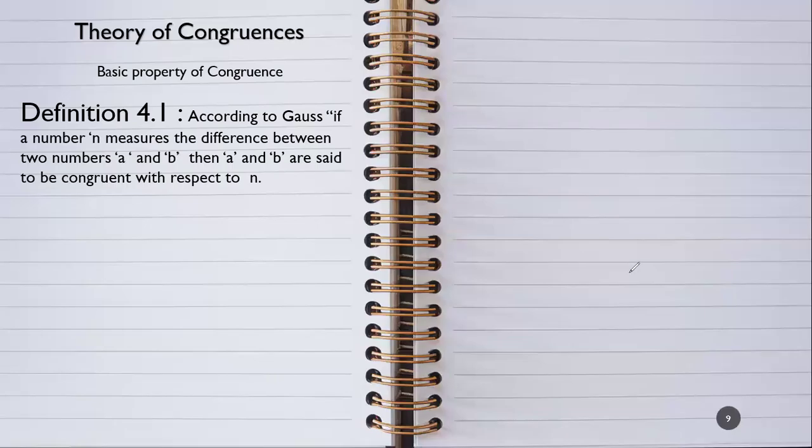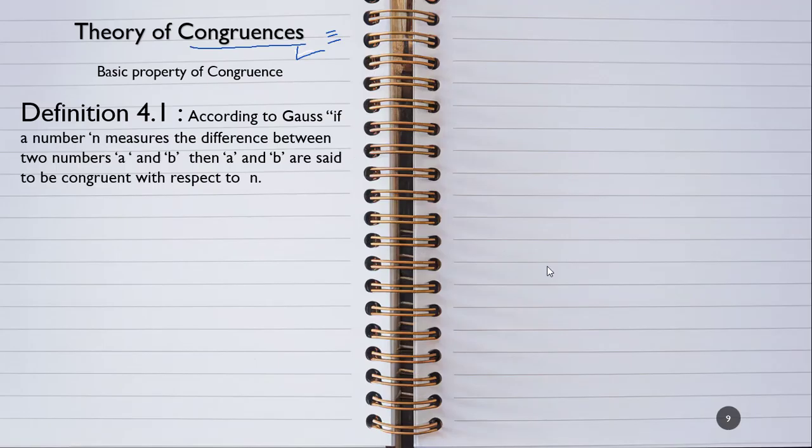Hello everyone. Today we are going to start a new topic that is called theory of congruences. I can say that this topic is the core of number theory. In number theory, you need to master the congruences, the symbol represented by this sign, because everything in number theory is dependent upon this sign, congruences. This is most important. We will start with some definitions, then we will proceed to some examples and practice questions.